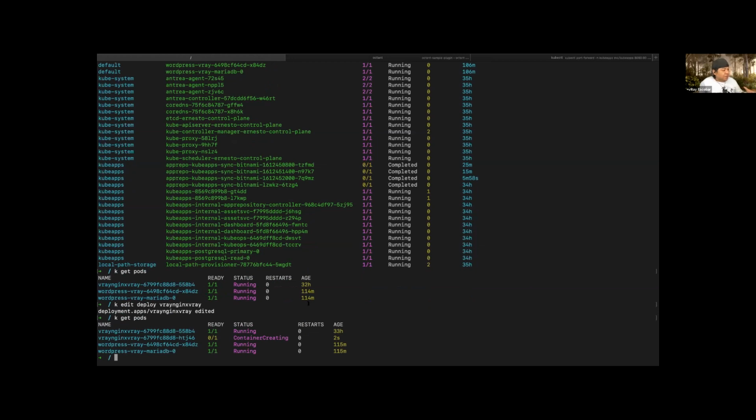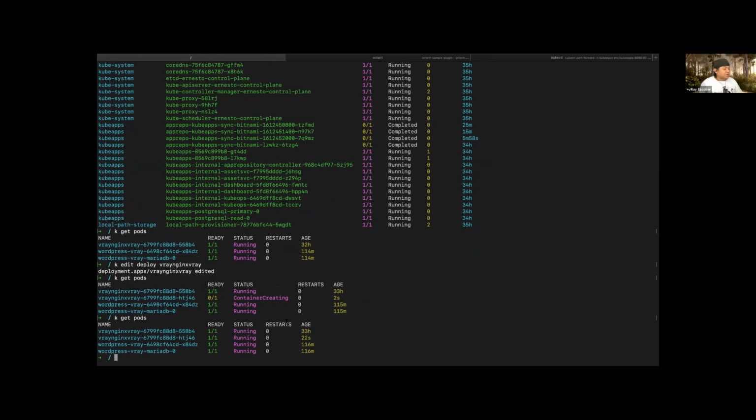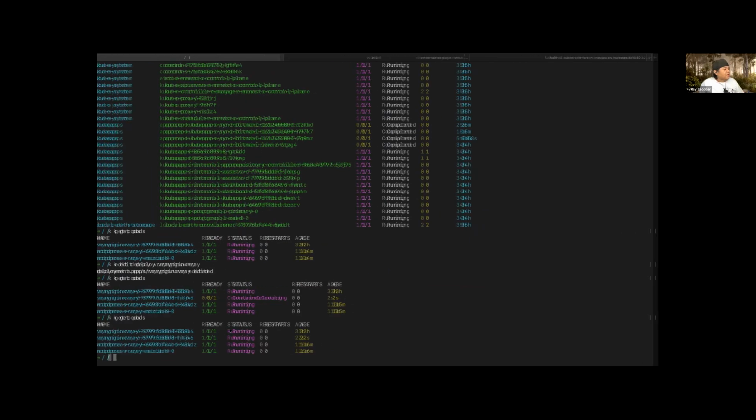I just put it in manual mode and just taking note of that. All that I mentioned on having this governance, I put it in manual mode in order to see what is going to happen. If not, it's going to give me an error or something. But it's going to happen so fast, right? So in this case, I was able to create another replica from the same pod.